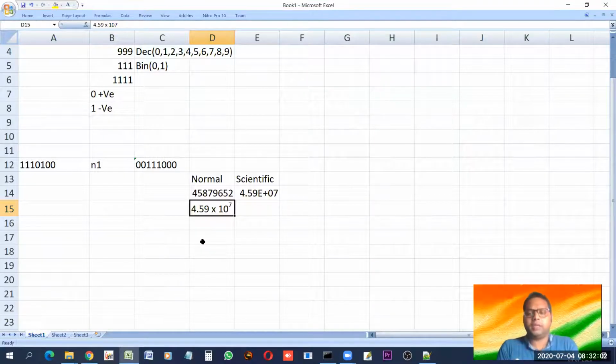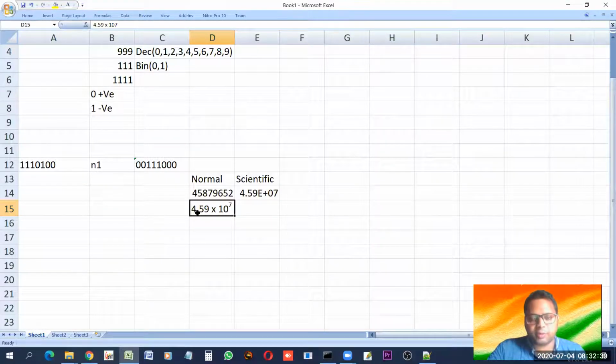Now how can we reconvert the scientific notation to a normal number? It's also quite easy. If this task is given to you, to convert it to normal format, how can we do that? This to the power 7, I'm telling you just a simple trick. I'm not teaching you maths, I'm just telling you a simple trick. This power tells us how many digits will be there after the digit before the point.